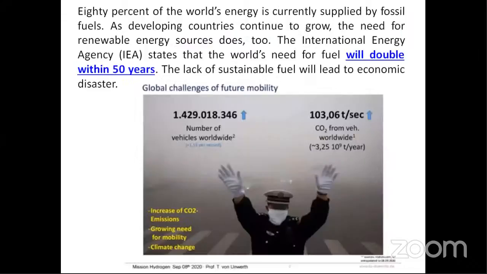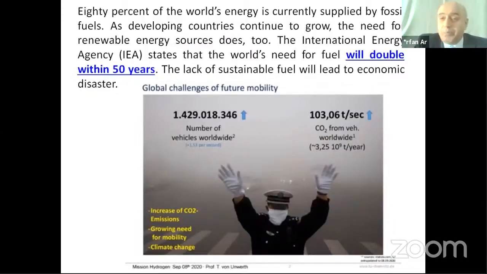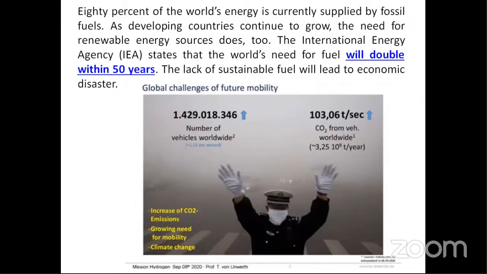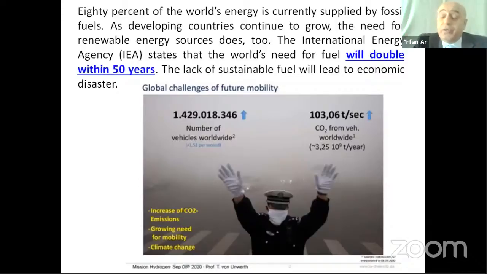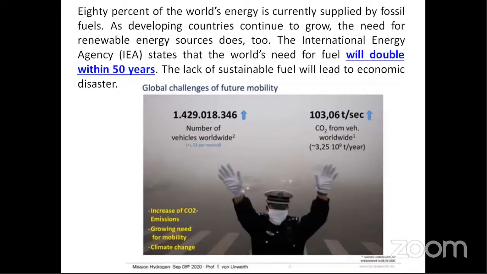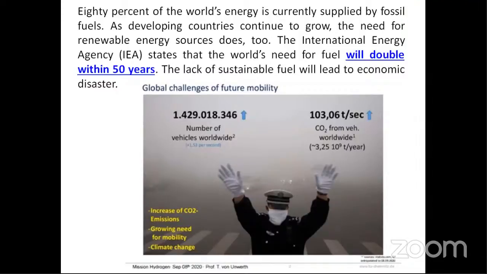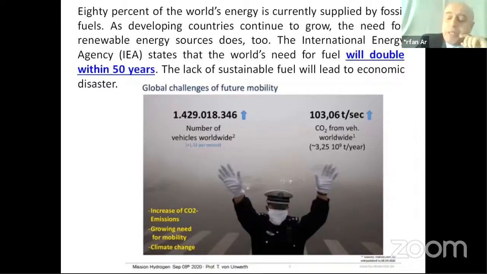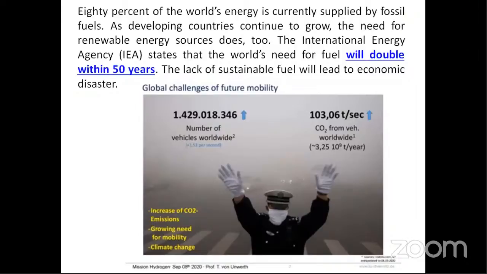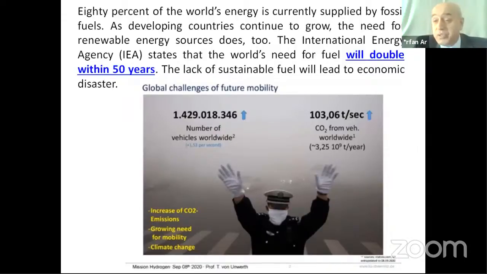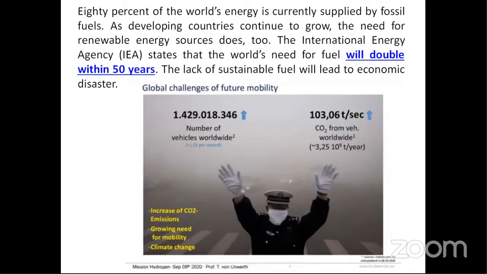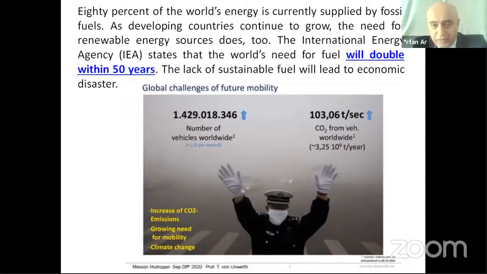Eighty percent of the world's energy is supplied by fossil fuel. If countries continue to grow, the need for energy sources does too. The International Energy Agency states that the need for fuel will double within 50 years. Sustainable fuel to the chemical disaster. You can see this picture very clearly. You can see that the number of vehicles worldwide is